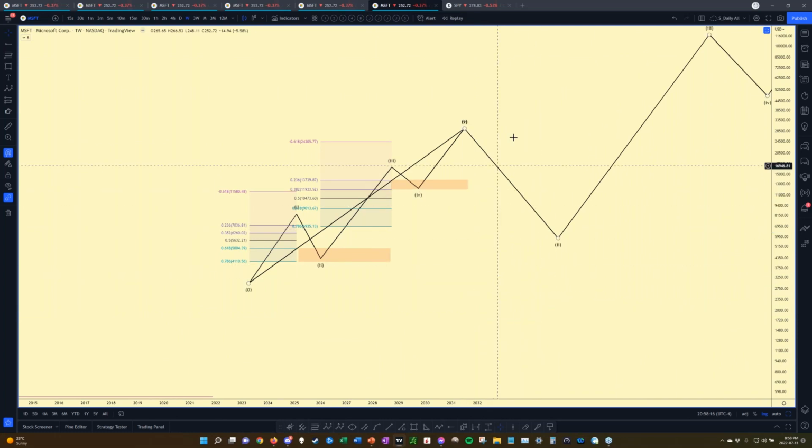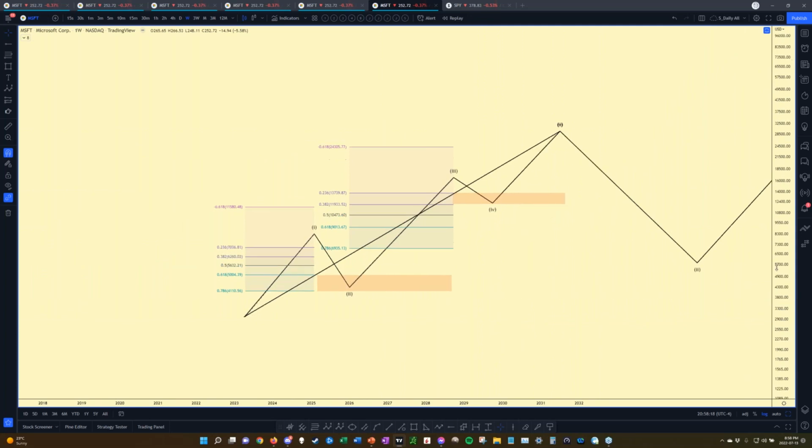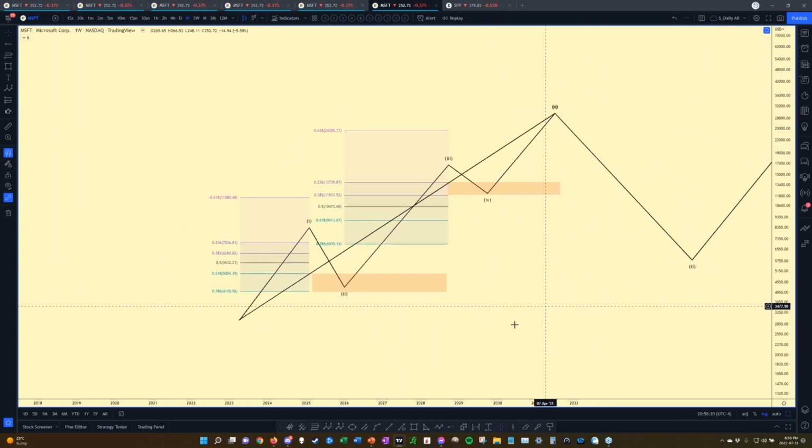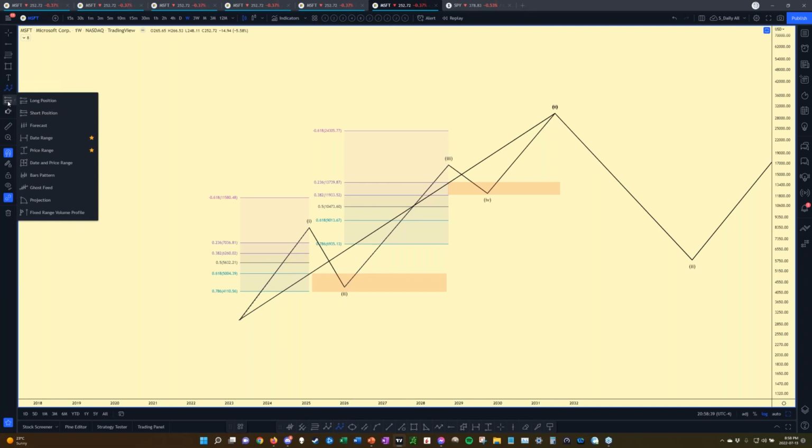Let's go back to where we were. For the ABC corrective measures, guys, it's the same. You can click on the automatic ABC pattern here on Elliott on the TradingView. If you're wondering why I took those, I'm going to show it to you in a few minutes, but they are right here. Okay, so when you click on